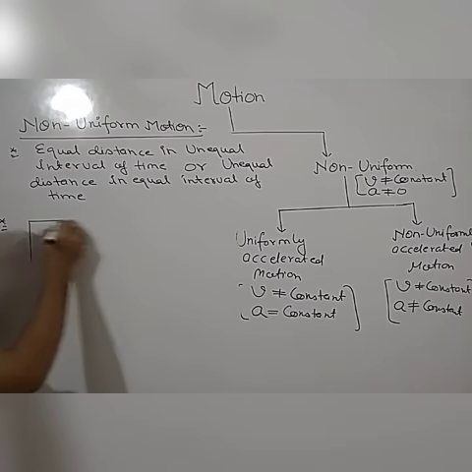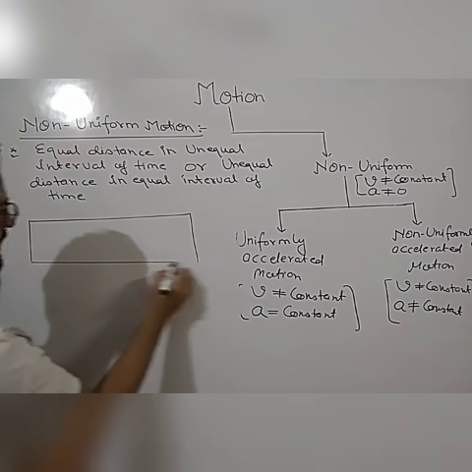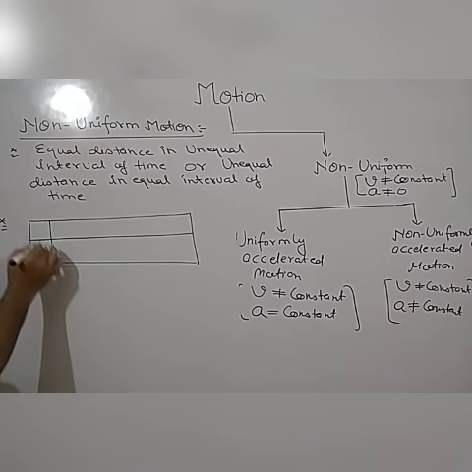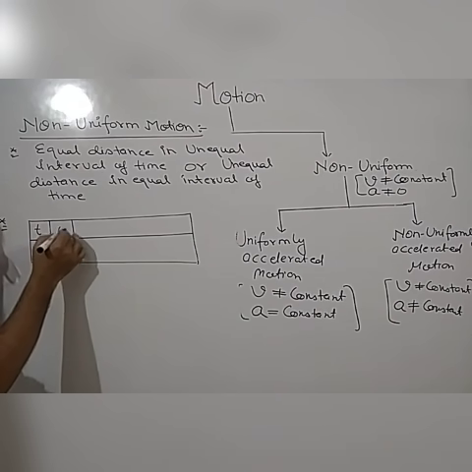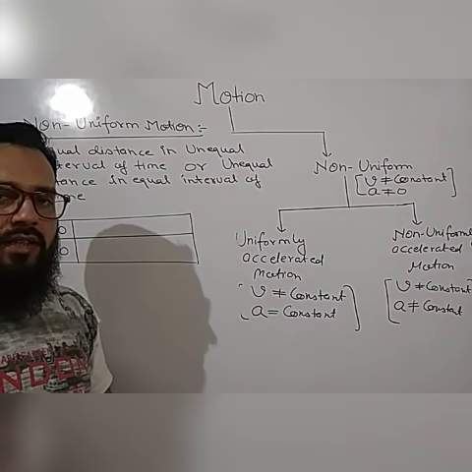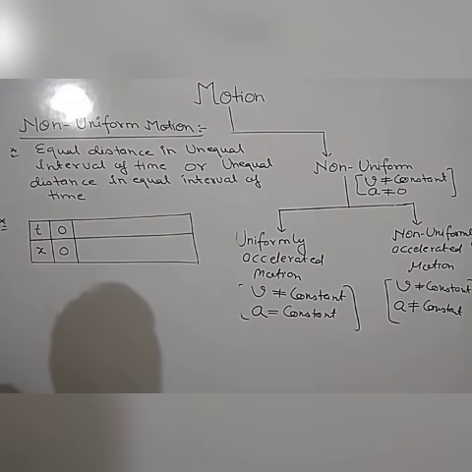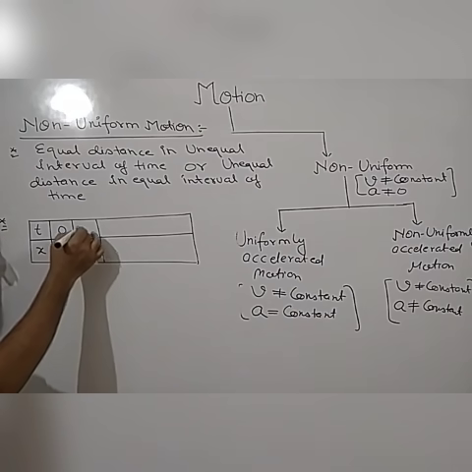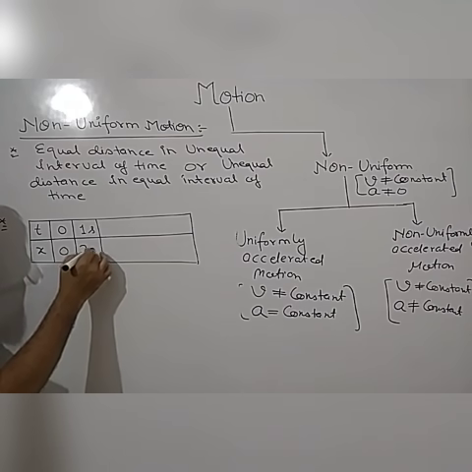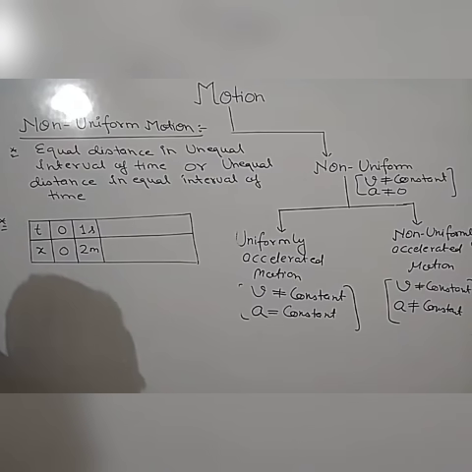Suppose, again I am taking the example of position with respect to time. So let us start a motion and x is position, t is time, and x is position of an object. So suppose at t is equal to 0, the position was also 0, means the body was at the origin or at the frame of reference. Then let after 1 second its position changes by 2 meter, that is x is equal to 2 meter.